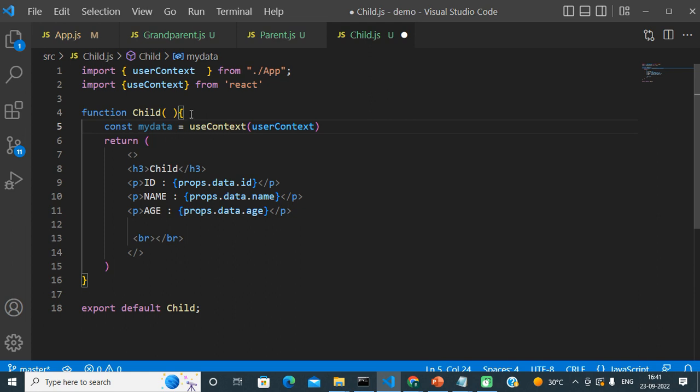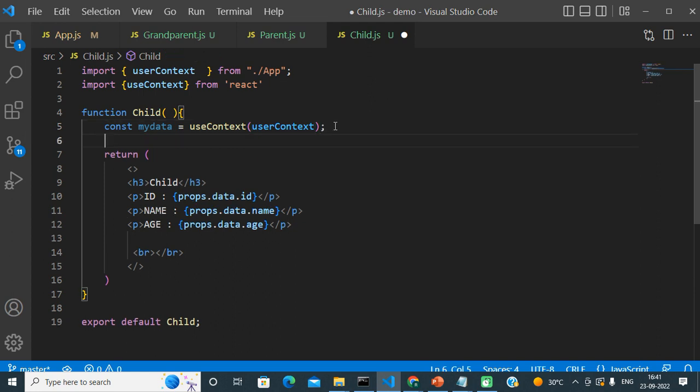Okay, and as soon as we call this useContext hook function and we pass our created context to it as a parameter, after that in this constant or in any variable we will get our actual data.